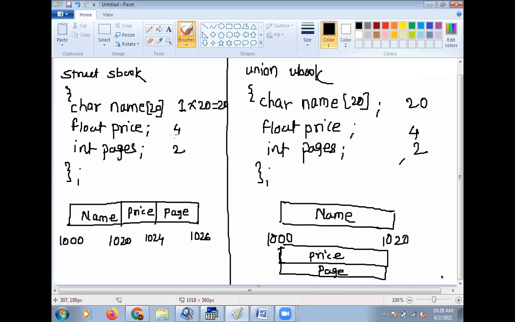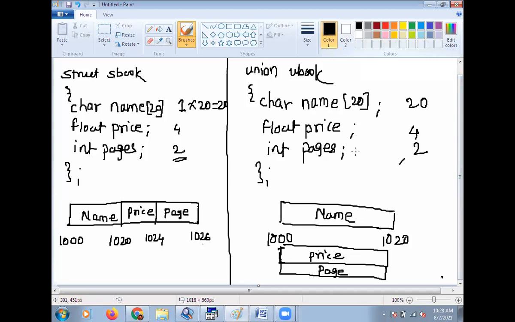Float requires 4 bytes, integer requires 2 bytes. As shown in the table, suppose memory address starts from 1000. Character requires 20 bytes, float 4 bytes, and pages 2 bytes. Totally 26 bytes of memory are required for structure.